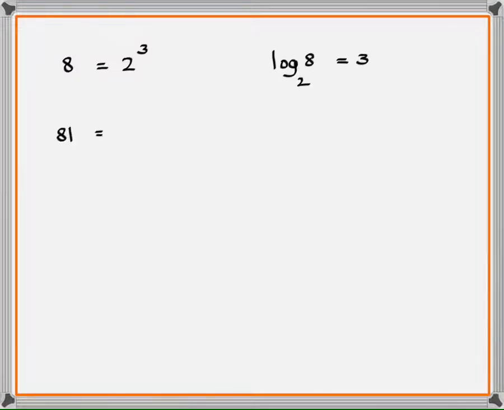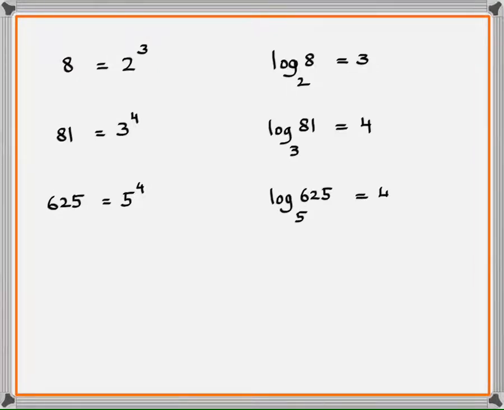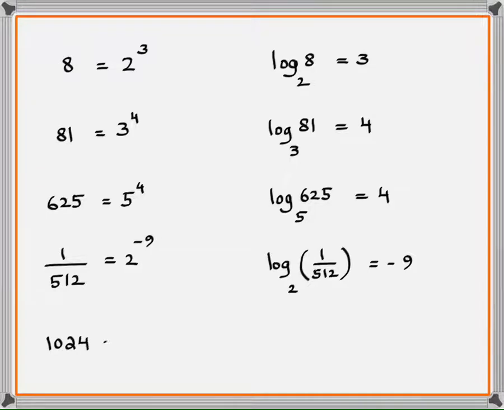Now, let's focus on writing the conversion from one to the other. So what we are looking at is the conversion from index form to log form. If you have 2 raised to power of minus 9 is 1 over 512, then log of 1 over 512 base 2 is minus 9. And so on. That was a different example because the power was negative. The base will always be positive. We are only dealing with positive bases. The power could be negative, the power could be positive.